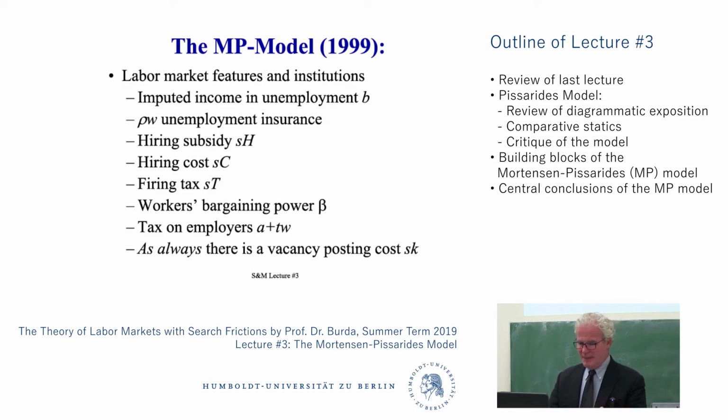We're going to have B like before. Pissarides and Mortensen have a wage-dependent component. So in a lot of countries, unemployment benefits depend on the wage that you just got, or some average wage. So you could think of rho as being some replacement rate. Like in Germany, if you're unemployed, you usually get something like 60% of your last net wage, for a certain number of months, 12 months, or if you're older, maybe 18 months. And there was a time when it was more, a time when it was less.